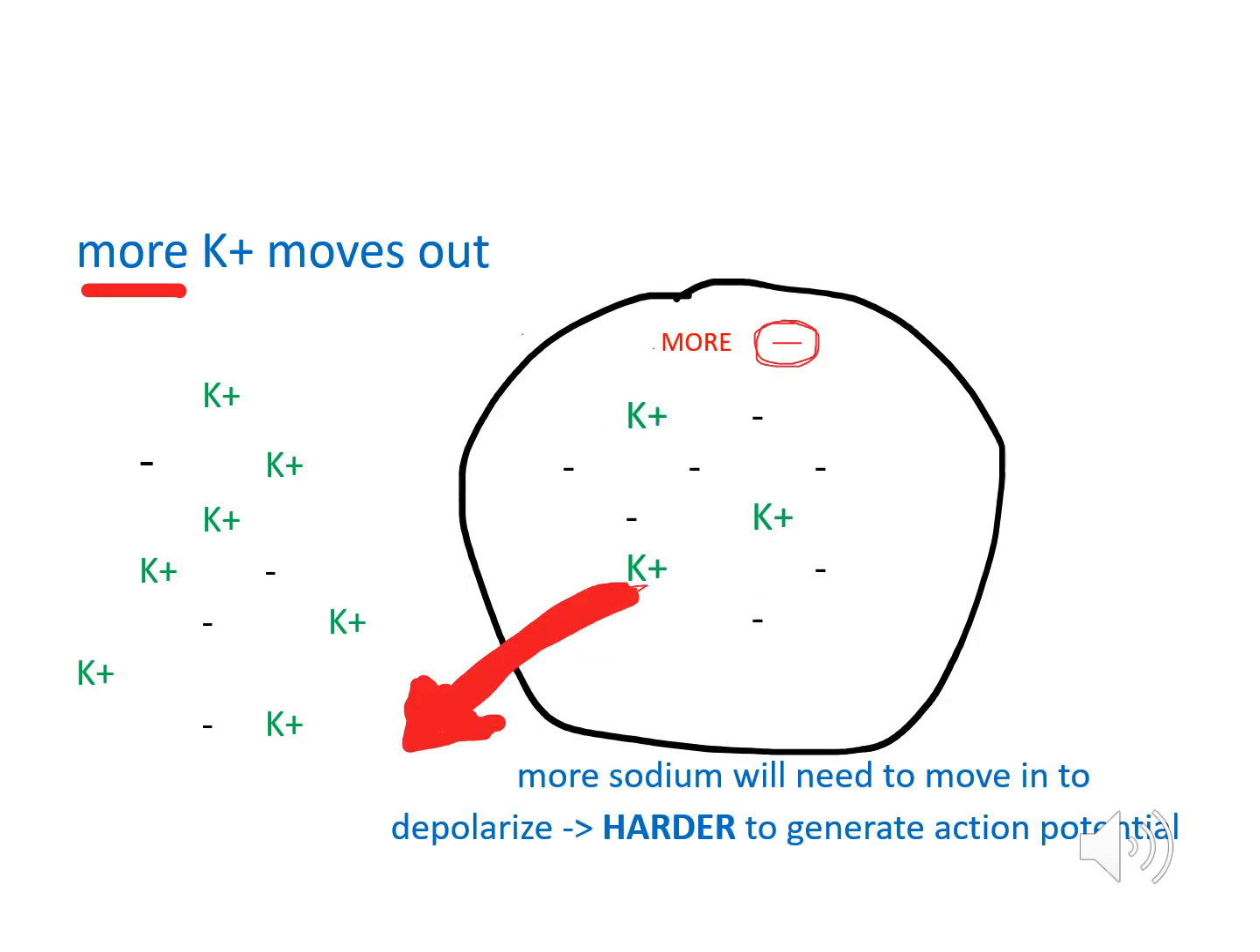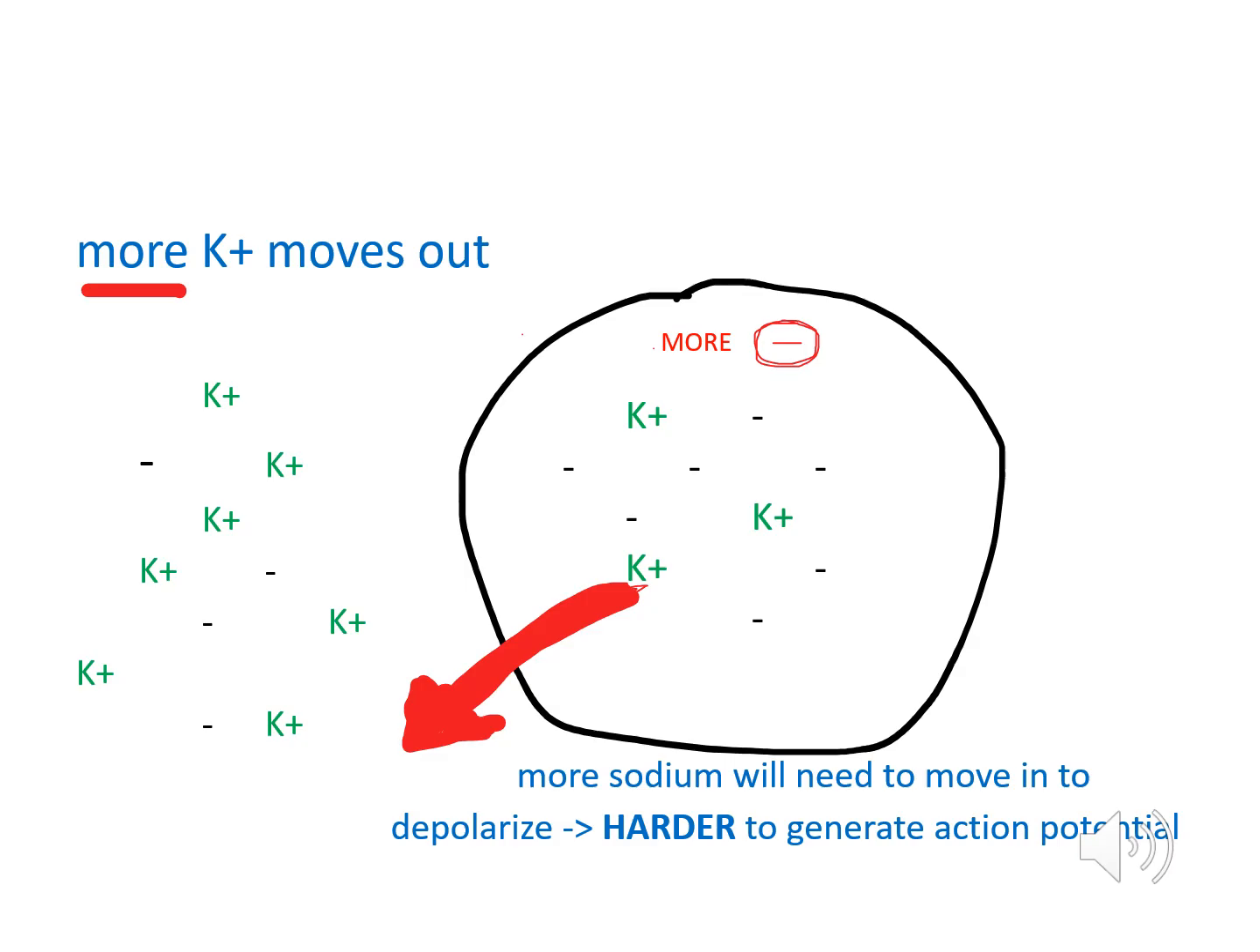More potassium is going to leave the cell, right? And if more of the positively charged potassium leaves the cell, that means the cell is going to be even more negative on the inside than it usually is, right? And if it's more negatively charged on the inside than usual, that means more sodium is going to need to enter that cell in order to depolarize that cell. So if more sodium is going to need to enter that cell, that means it's going to be harder to